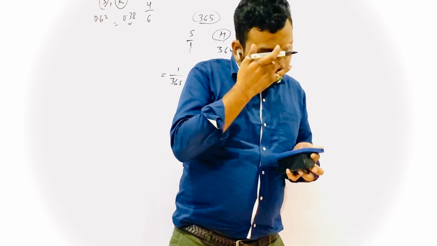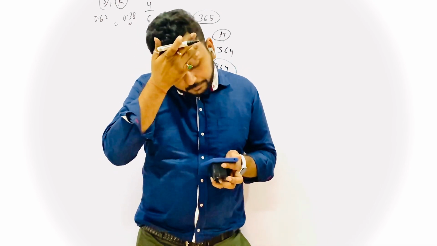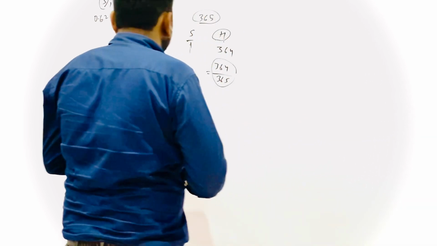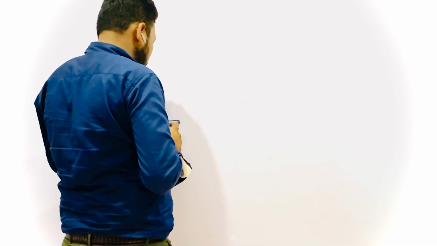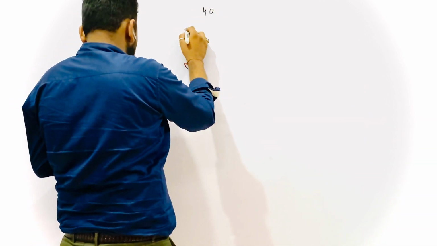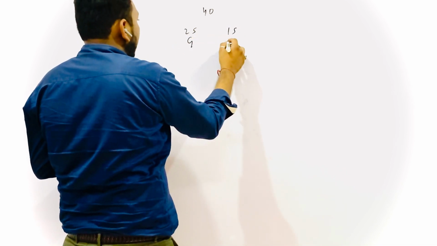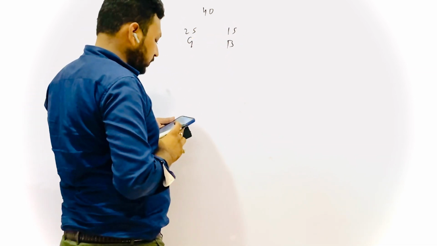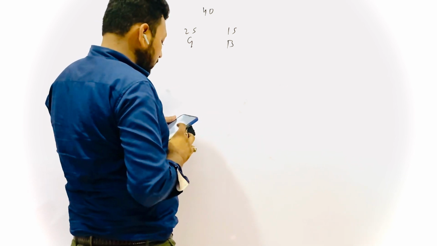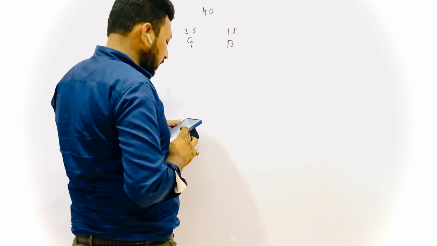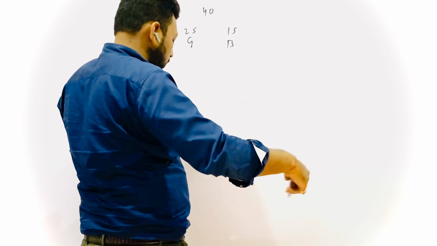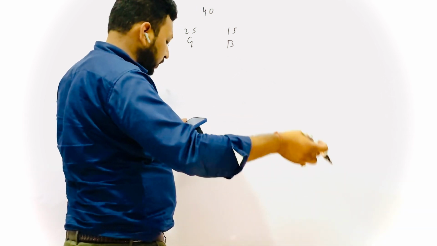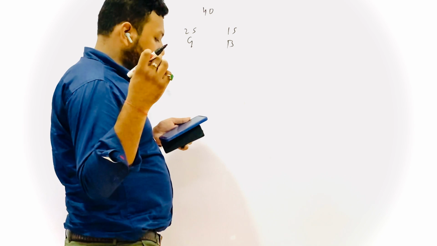Example number 7. There are 40 students in a class 10 of a school, of whom 25 are girls and 15 are boys. The class teacher has to select one student as a class representative. She writes the name of each student on a separate card, the cards being identical. Then she puts the cards in a bag and shuffles them thoroughly. She then draws a card from the bag. What is the probability that the name is of a girl?